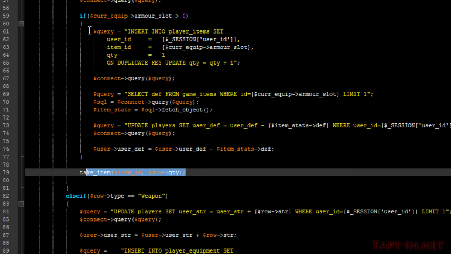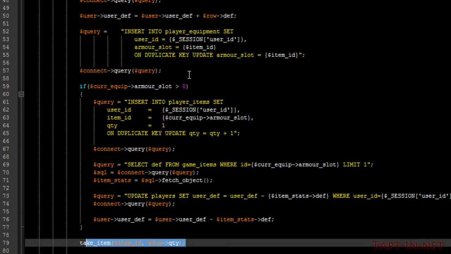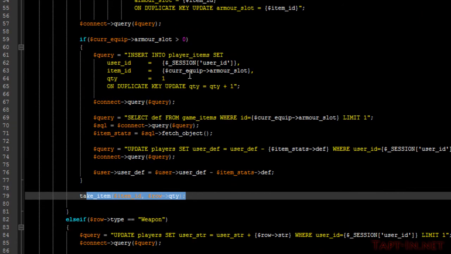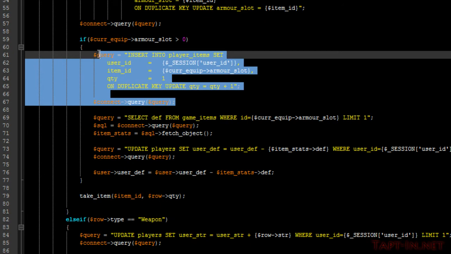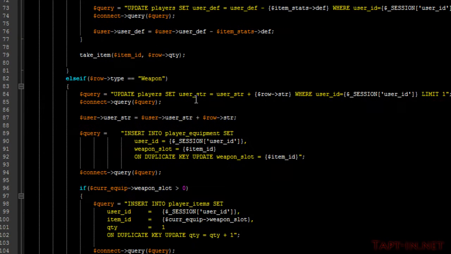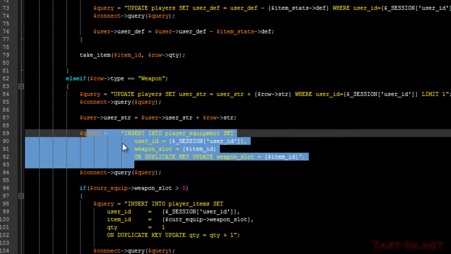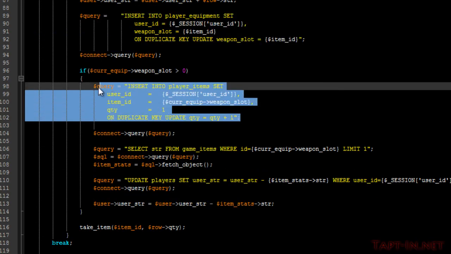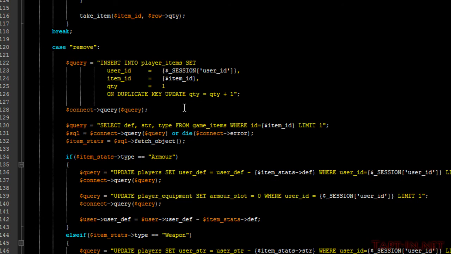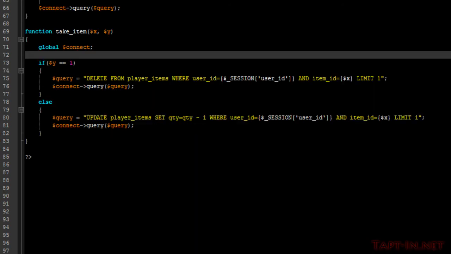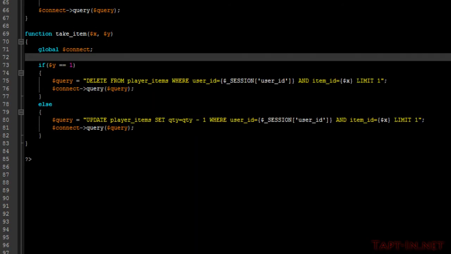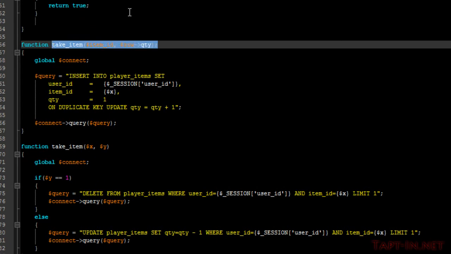As you can see here, this query appears 3 times on our equip page. Sorry, there and down here. So what we can do is we can take our give item function,